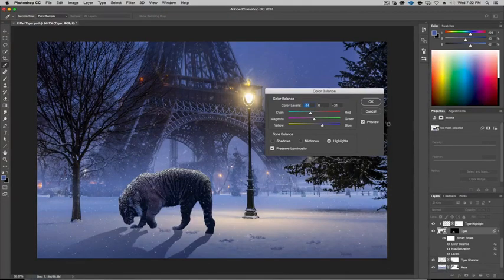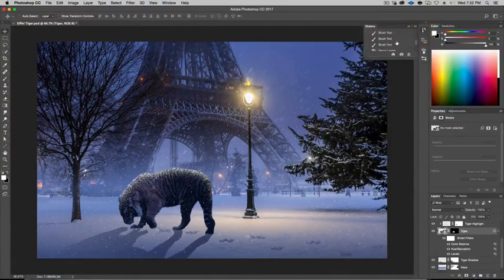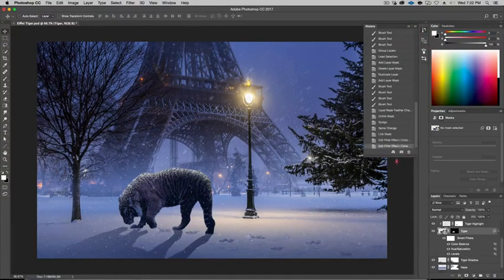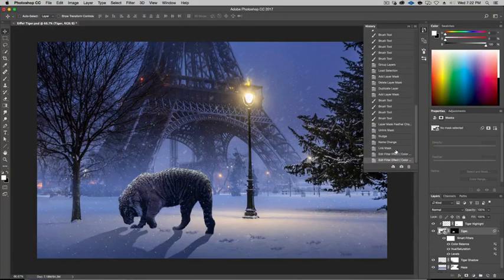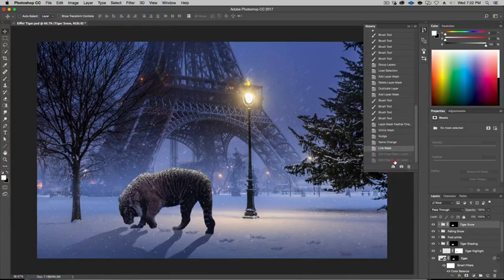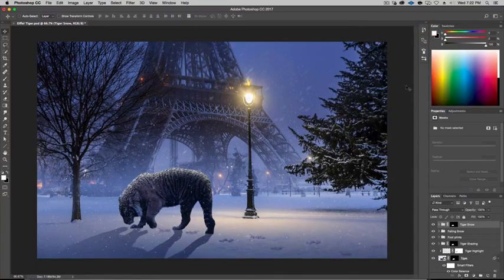The white balance is now much more, if we compare what we just had, here in the history, before, after, see that's a minor change, but it makes a huge difference. Here, it feels like he's a little out of place, and now he's much more in scene, so that really helps. All right, let's go ahead and close this, and now we have our snow. Then we're going to do some overall colors to bring the whole thing together, and we should be good.